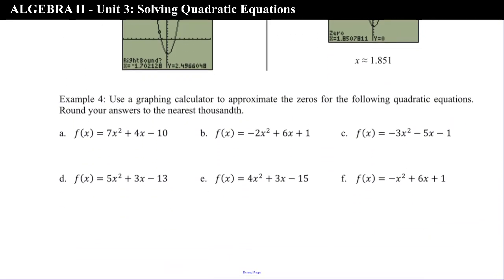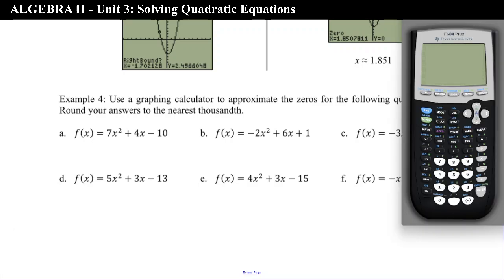So let's run through at least one example of this on a graphing calculator. And then after we do this one example, I'll leave you to do the other 5, but I will provide the answers for you so you can check what you do on your calculator to make sure that you're doing it correctly. All right, so for this first one, we are going to be looking at this function, f of